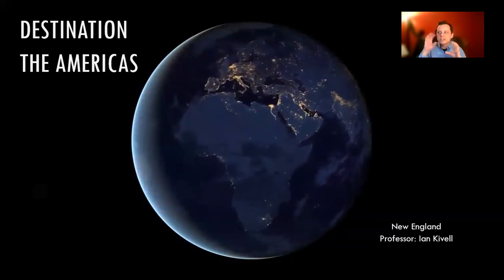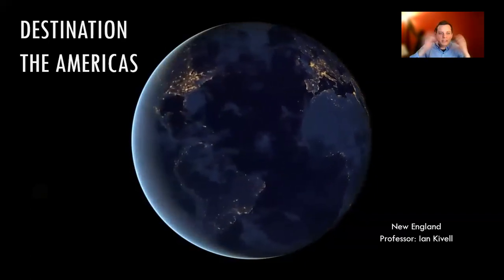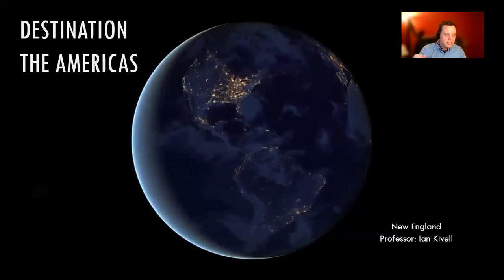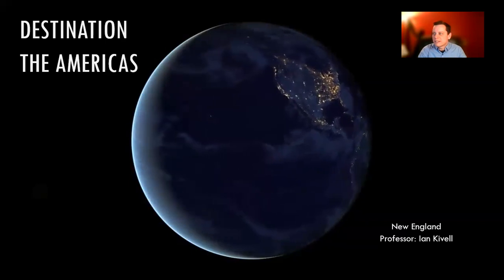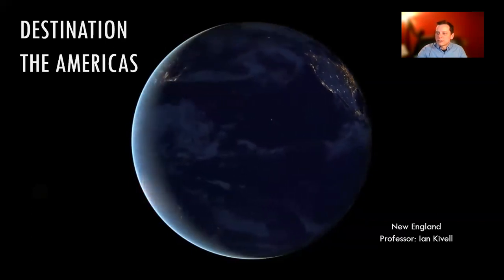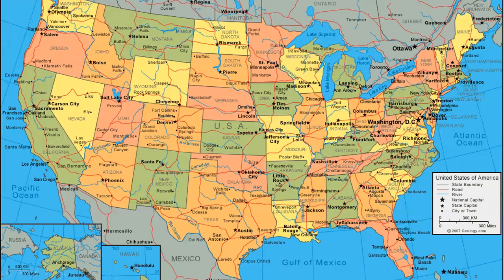And so today we're going to start looking at different sections of that country because it's really big. And lots of Canadians travel there because it's really close, nice and easy to get to. So we will go to New England today. And New England on our map is in the top right. But when we're talking about maps, we never say top or bottom or left or right. We will use directions. So we won't say top right, we'll say northeast.